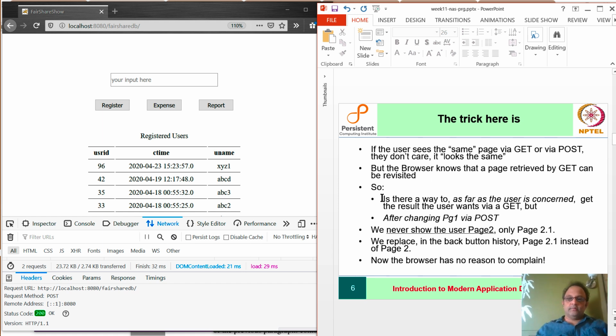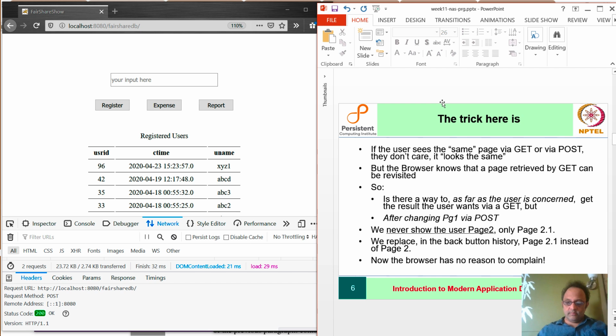So the solution will be, is there a way to, as far as the user is concerned, achieve the request that the user wants via a get method, right? But do this after we have created page 2 by changing page 1 via a post.